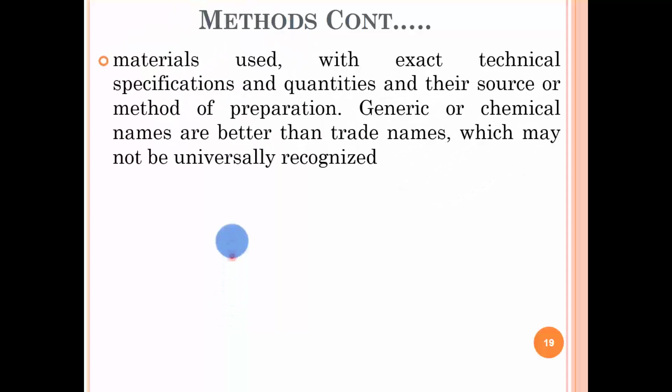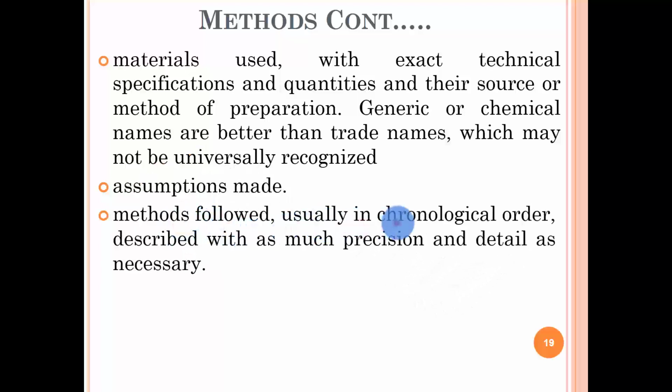And materials used, with exact technical specifications and quantities and their source or method of preparation. Generic or chemical names are better than trade names. We have to use the generic or official scientific names, not the commercial names, because these commercial names might not be universally recognized. Then the assumptions made,